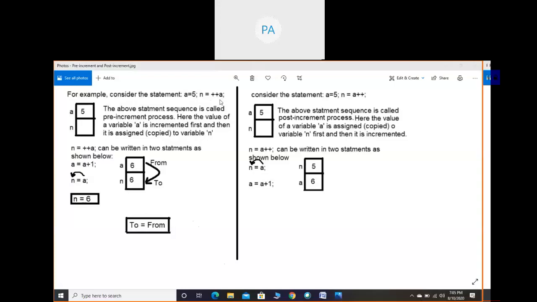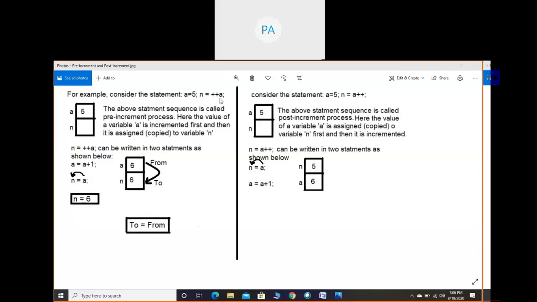So a equals 5, meaning the value 5 is copied into variable a. If you look at the memory representation, a is the variable name and the value 5 is present in it. The above statement sequence is called the pre-increment process because in the statement n equals plus plus a, the plus plus operator is before variable a. So you should not refer to n only with respect to a. You have to think that the plus plus operator is placed before the variable a, so it is called the pre-increment